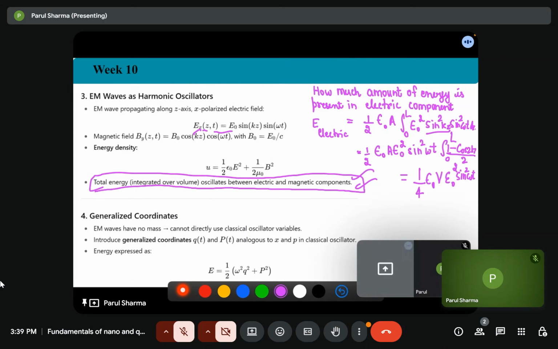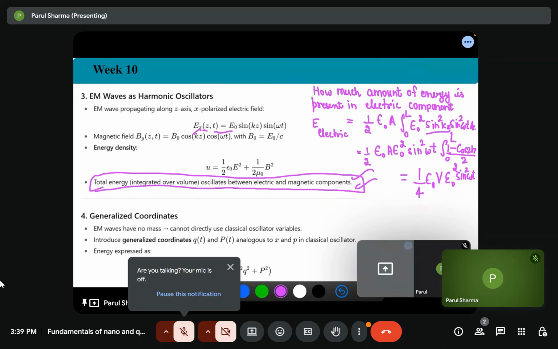So this is the amount of electric energy. Similarly, we can find the magnetic energy,